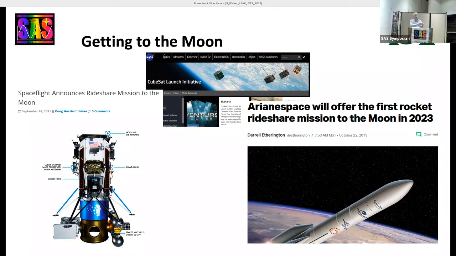If you can't catch a ride to the moon, then you're going to have to get yourself out of Earth orbit, just like the Apollo missions, right? Out of Earth orbit to the moon, you have to have a lunar transfer vehicle. You have to be able to burn out of Earth orbit, do course corrections on the way, and do another burn to get into lunar orbit and stabilize it. All this time, you have to get